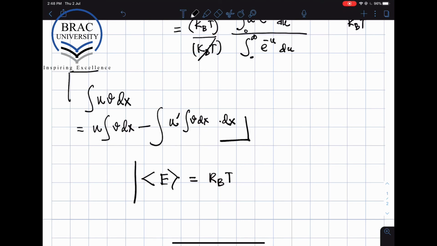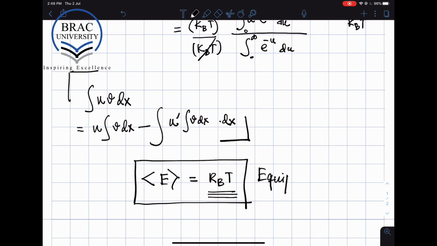It's called the equipartition theorem because it means that every mode, independent of its energy, has the same energy. So this is the equipartition